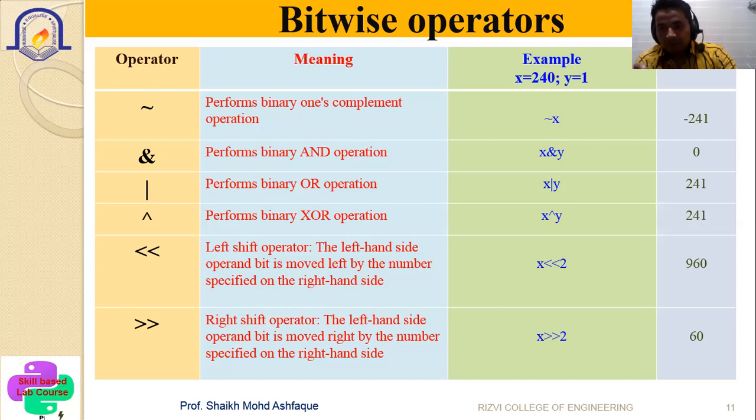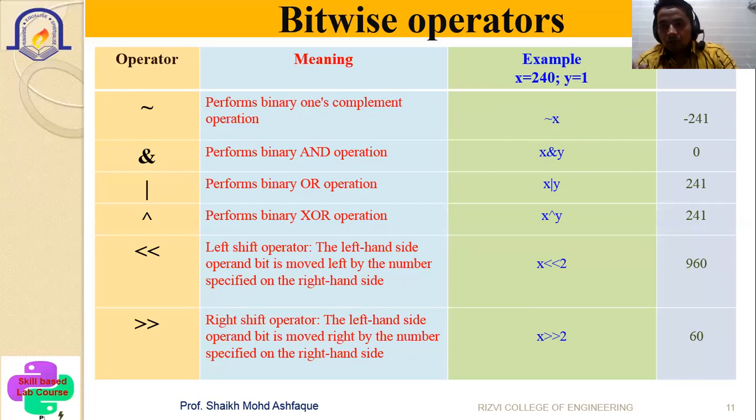After converting both the numbers into the binary form, it will be in the form of 0 0 1 0 1 0 1 etc. So you have to perform the AND operation. Whenever you want to perform the AND operation, you should remember the AND table. What is the AND table? For any values A and B, there are only two values, X and Y. One number I will take from X, one number I will take from Y, from the same position. Then it will be compared with the AND table.